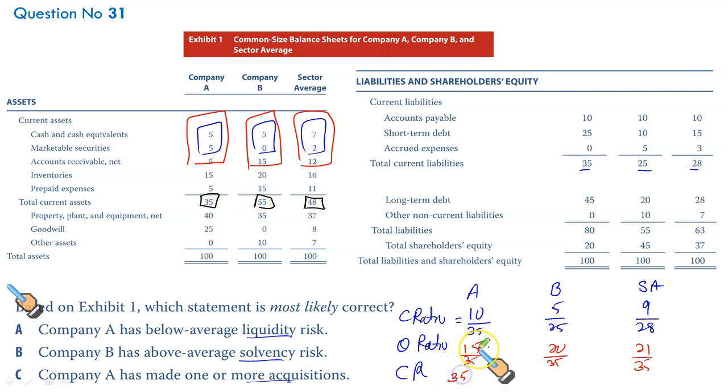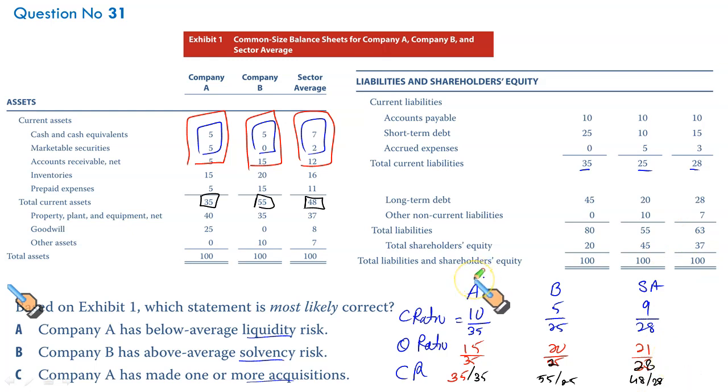The last one, given in black, is current assets. 35 by 35. 55 by 25. This one is 25, sorry, 25, and this one is 28. 55 by 25. And lastly, it's 48 by 28. We need this data for the next question also, so we're putting in this specific effort for the other parts as well. Now we have laid down the data. Let us compute these one by one.